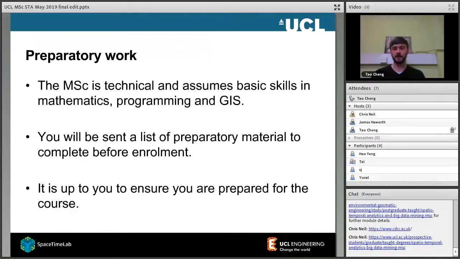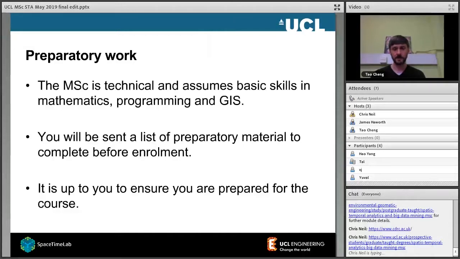I mentioned again that it's a technical degree, so we do have a sheet of preparatory materials which we send out to all students preparing to do a geomatics degree, so either geospatial sciences or this degree. So there's a few things on there. You don't have to do all of them if you feel like you've already got that background. But if, for example, you haven't done any programming before, if you can cope with the material that we pass out on this list, then you should be able to cope with the start of the course in programming. So we'll circulate those to you in due course, and you can have a look through those.